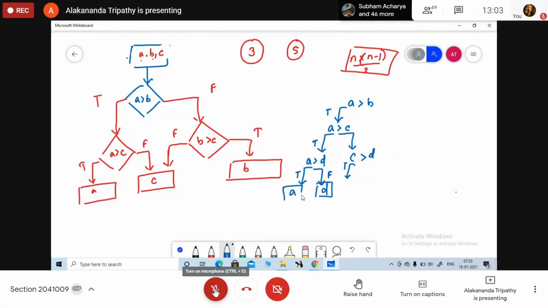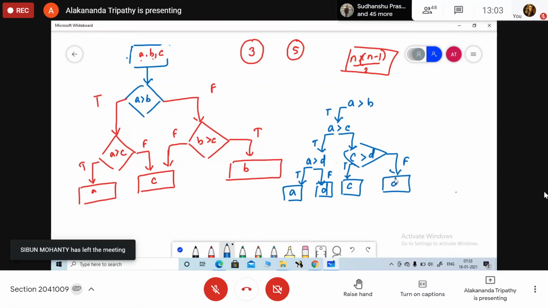B. Otherwise, what happened? C greater than D. If it is true, what is the value? If this is true, it is C. If it is false, what will it be?